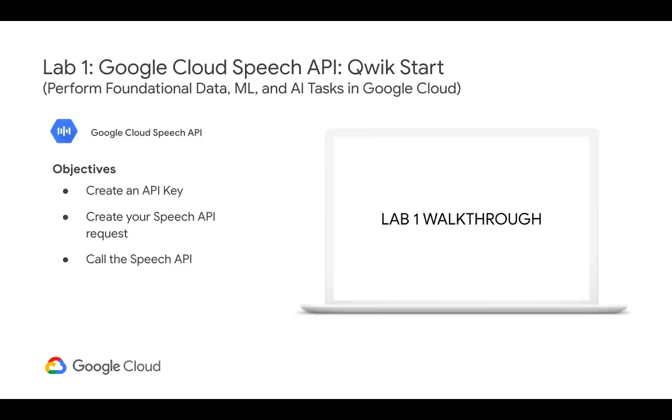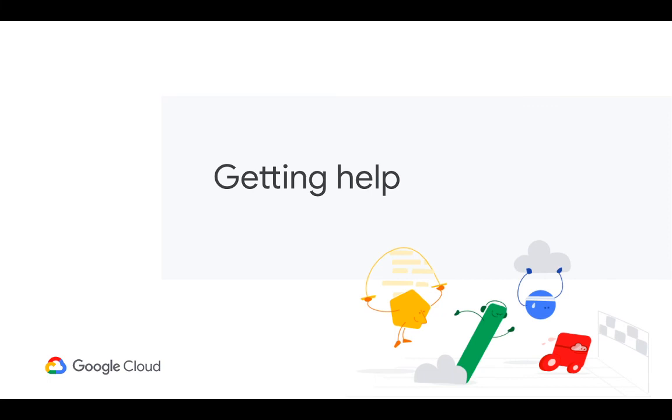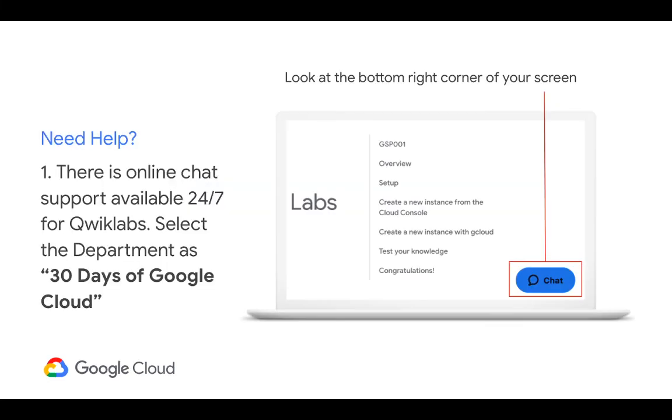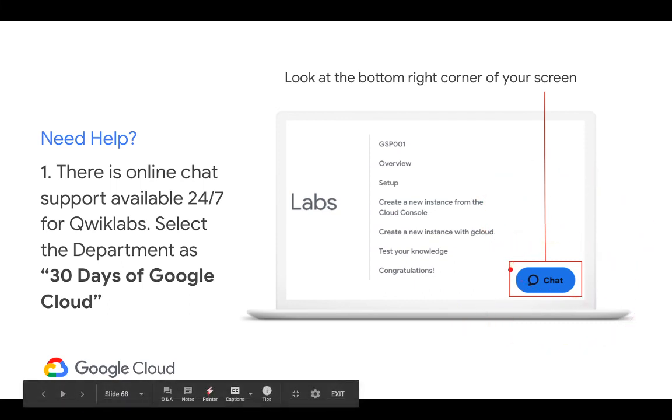And lab 1, Google Cloud Speech API Quick Start. In this lab, you need to create an API key, create your speech API request, and call the request, and that's it. It will return back the text of whatever you have. And if you have any sort of doubts, contact the chat session in Quick Labs, and they'll be able to